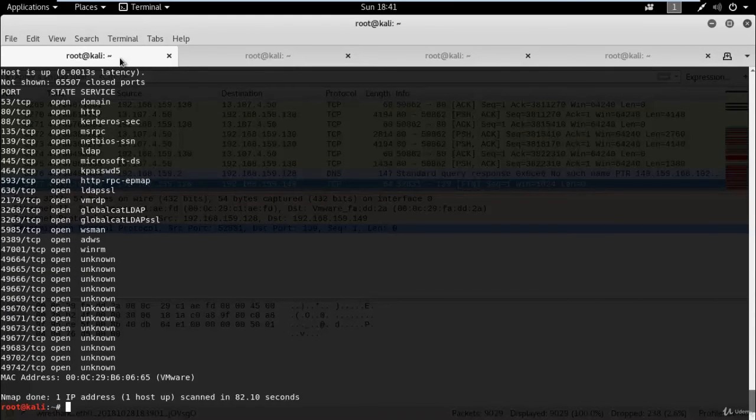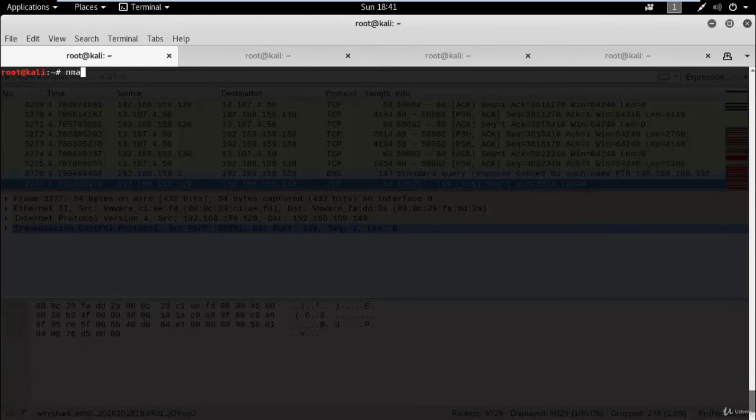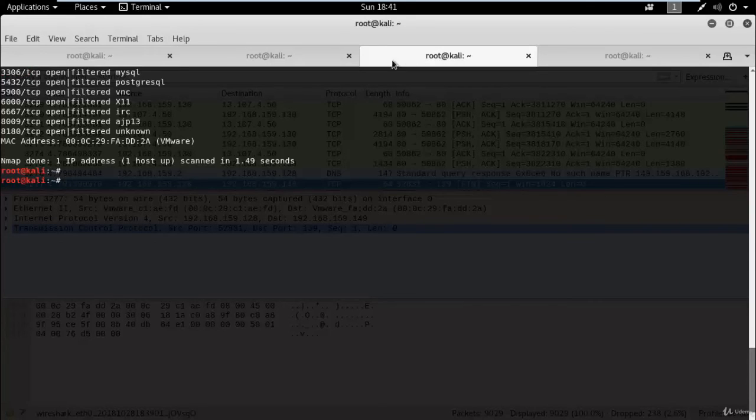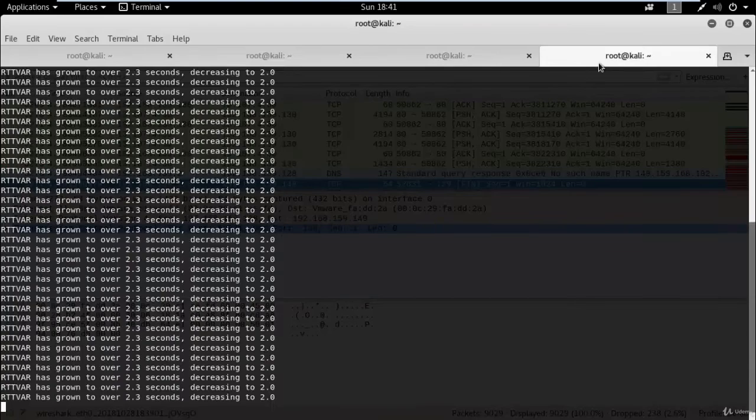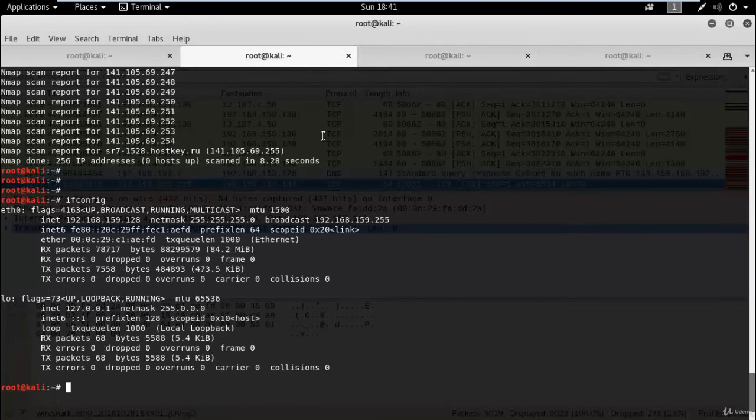Now you can see nmap with capital -Pn -vv. Here we already gathered information about the target device.